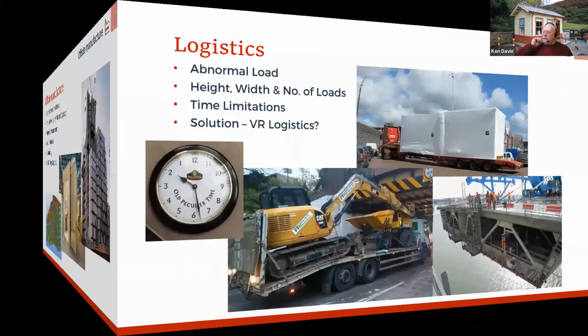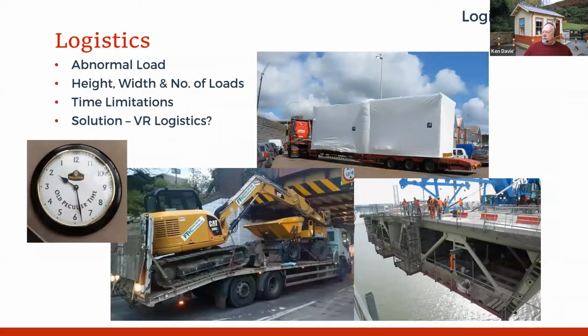So, moving on to logistics. I would imagine highways engineers will be pretty familiar with the various issues relating to logistics when it comes to the UK road system. It's just letting architects know that the motorway bridge standard is 4.8 meters. Certain parts of the country have major limitations when it comes to moving large and abnormal loads. I'm thinking inside the M25, for example, and in the City of London itself, I think it's between 1 AM and 5 AM for any large loads going in.